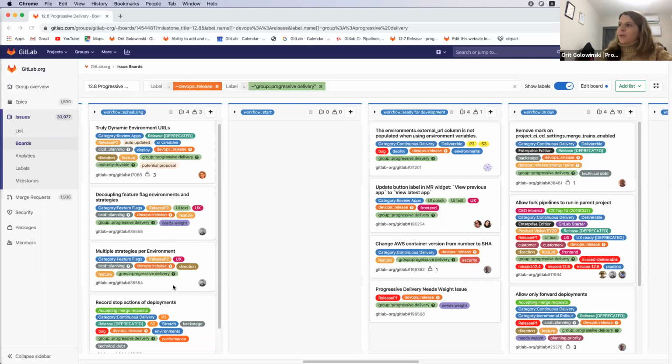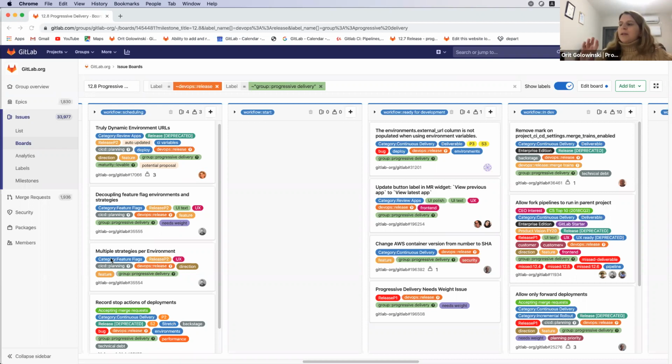The next two we already spoke about in the weekly feature flags meeting, which is what we want to accomplish for feature flags in this release. And basically going forward, we want to make sure that we complete these two items before developing new features or new functionality.